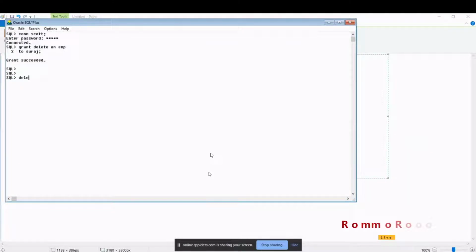Now what Suraj will do? Suraj will connect to Suraj. Password is Suraj1. It's saying like connected. Right now I'm in Suraj account. So after this, what to do? Okay, I have to check whether I'm able to delete the record or not. So delete from scott.emp where